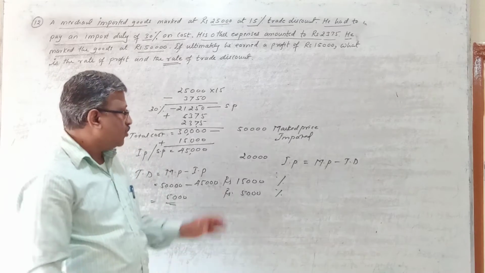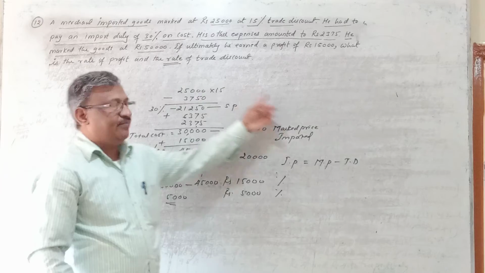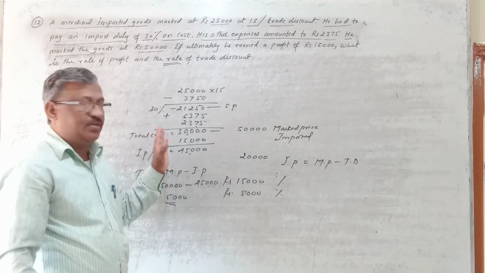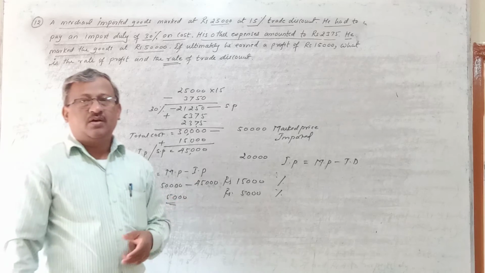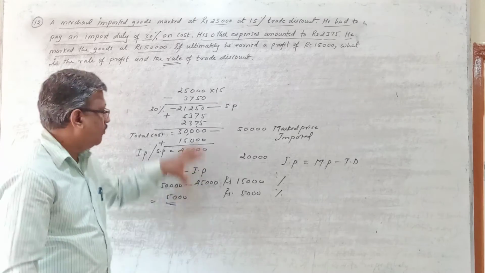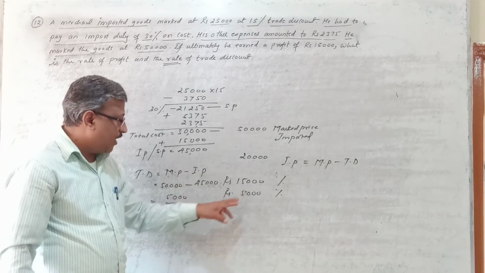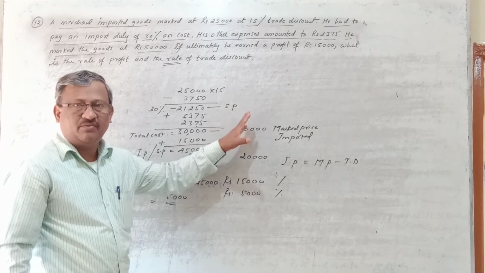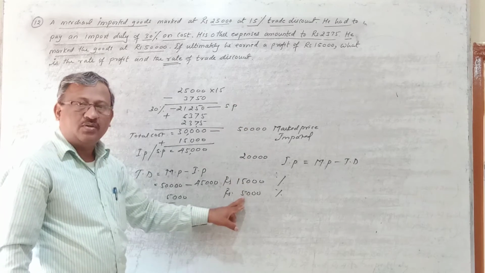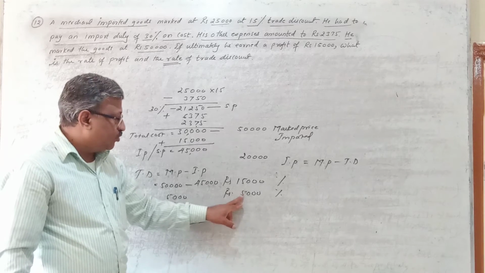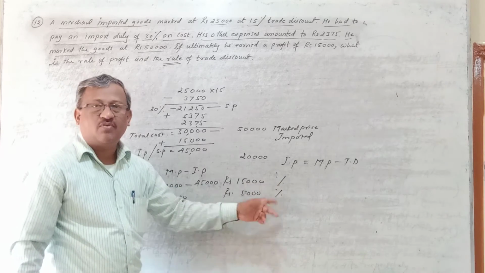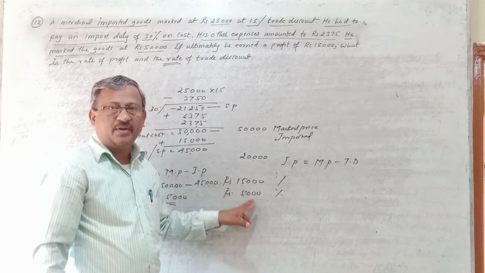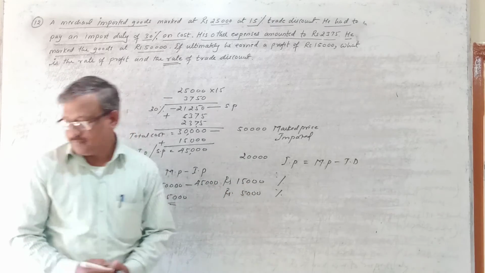Clear? So this is the brief idea I have given about the problem. You have to understand this. If you understand this, you can easily solve the problem. So I hope this is clear to you all, how to calculate the profit and how to calculate the discount. No need to calculate the profit which is already given in the problem. Only you have to find out the discount here. And once you know the discount, the same we have to express in form of percent. So let's calculate the rate of profit and the rate of trade discount.